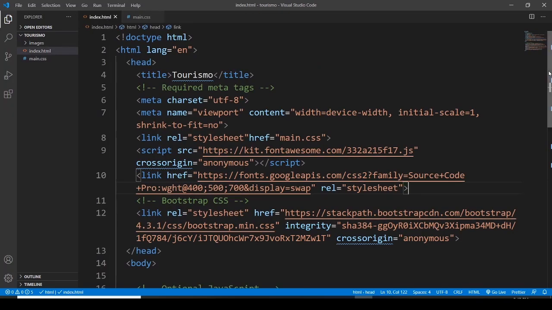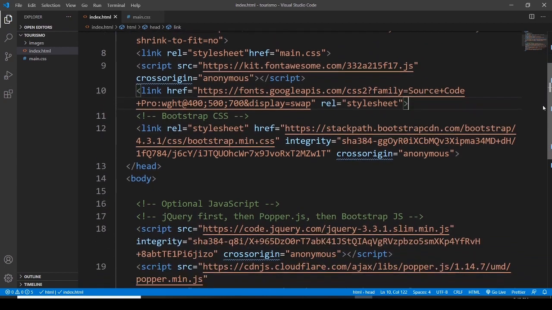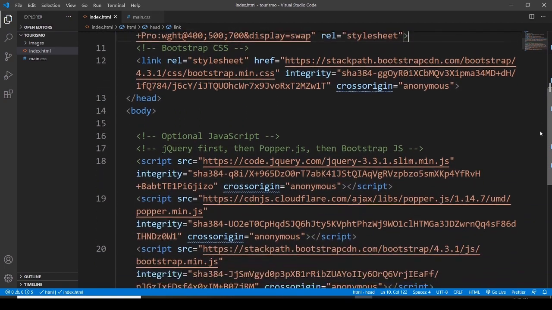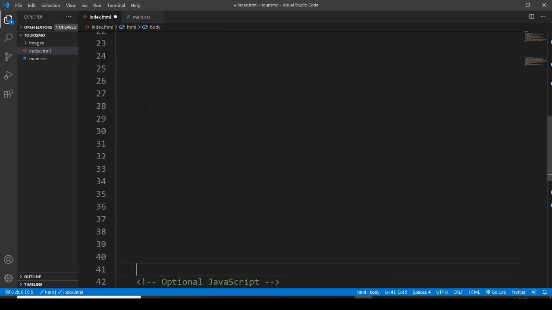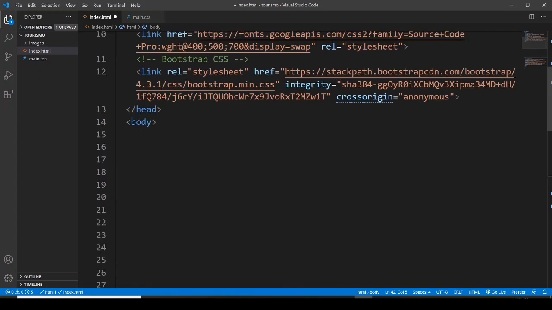Now let me scroll down, and I need some room here in the body section of this page. Okay, let's start coding for this. So first of all, let's go with the navigation bar,